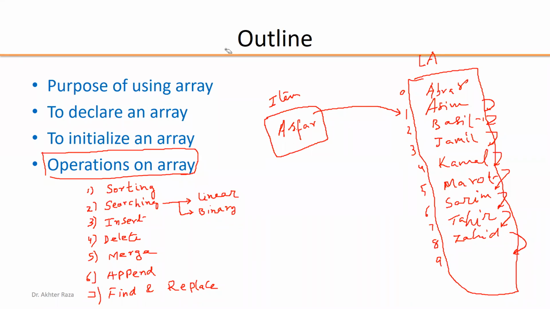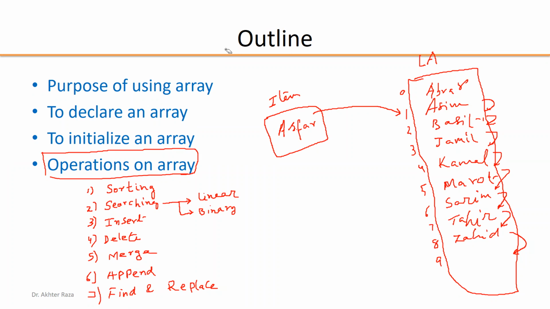We may have to insert an element into the array. So we have to make a space in between two elements and shift all of the elements to the next positions. After moving all elements to the next positions, we create a position at any place, and at that place, we insert an item.